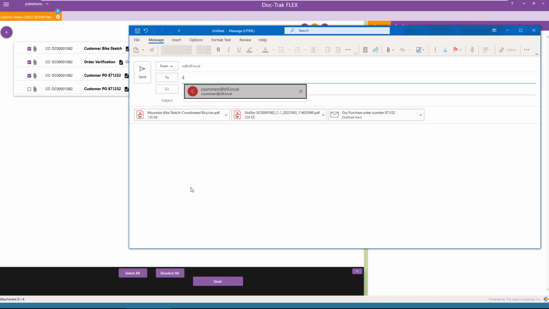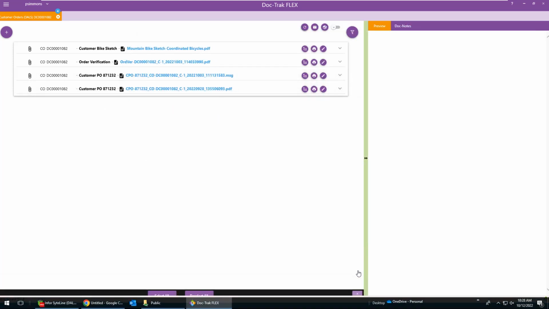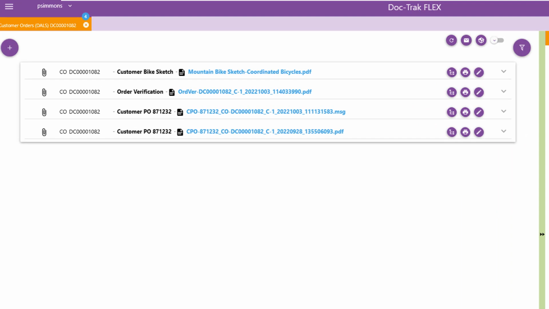Now, all you need to do is finish it, and hit send. When you're done, just close it here, and it returns to the standard layout.